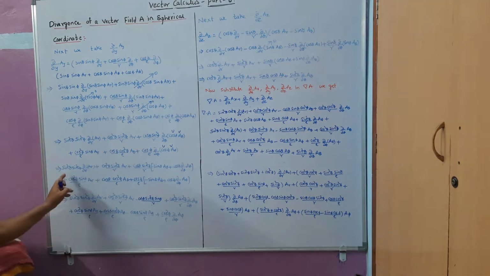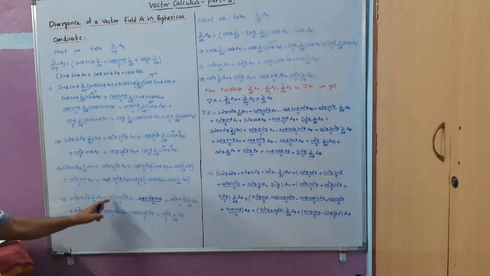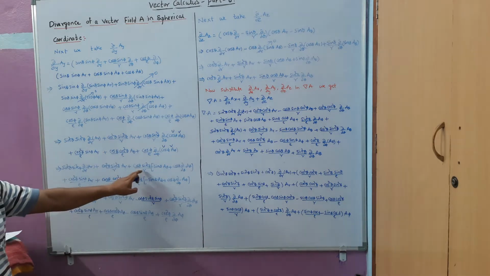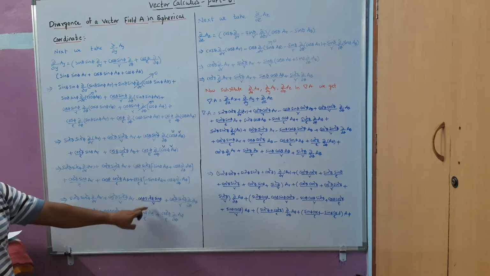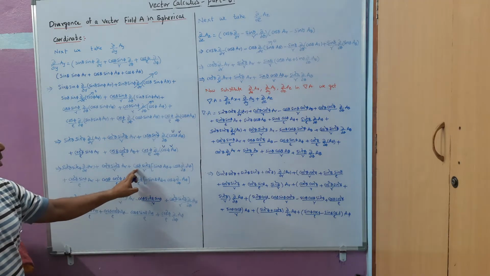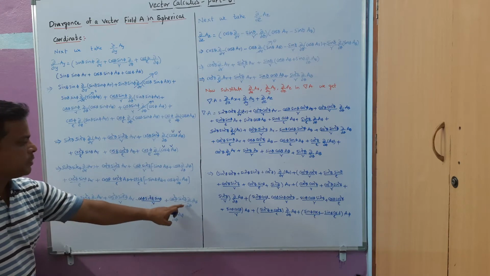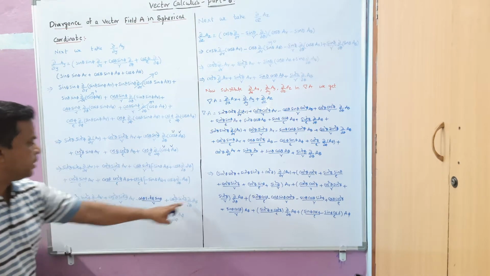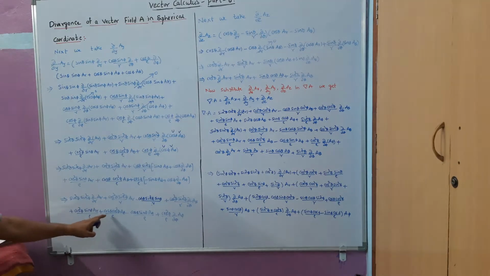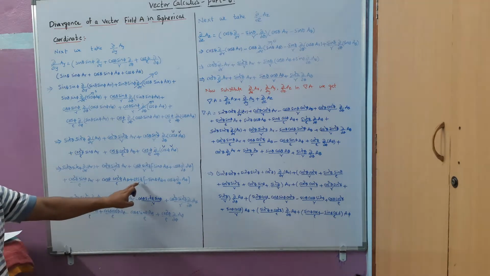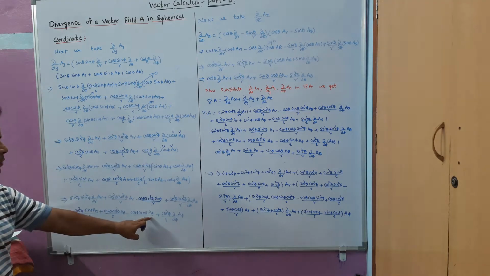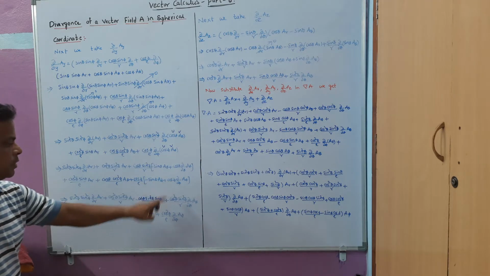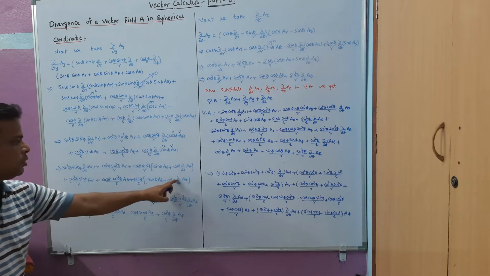After taking the product, we will get all these terms repeated here, you can see, and here you can see minus sin theta cos theta sin square phi by r. Similarly, cos theta cos square theta sin square phi by r, del by del theta of a theta, and the rest of the things are the same here. This is also the same, and here minus sin phi cos phi by rho into a phi. Next cos phi cos square phi by rho del by del phi of a phi.